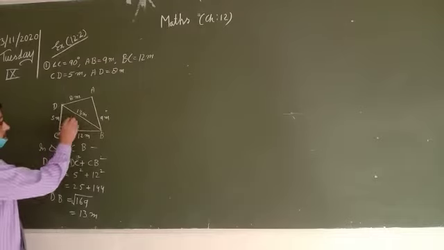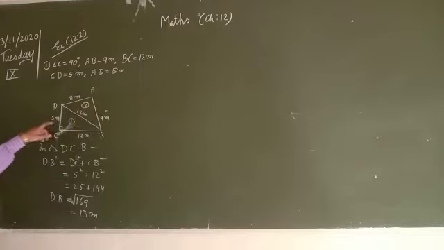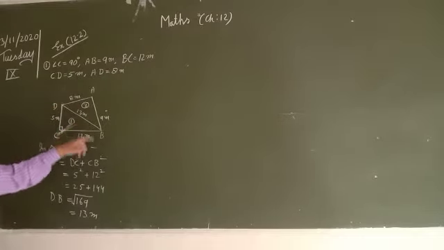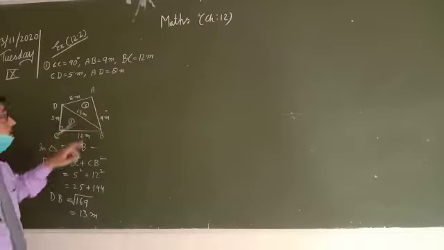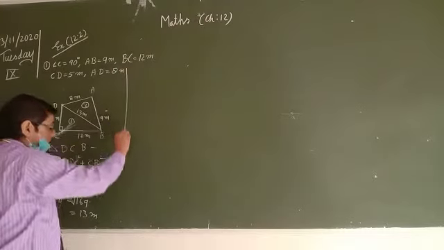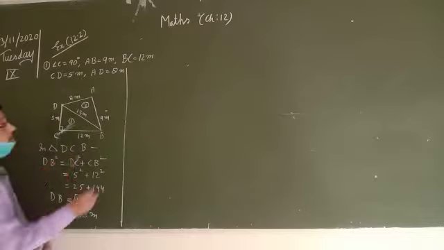Now this one is the first triangle and this is the second triangle. The first triangle is a right angle triangle, so you can use half base into height. But the other one, with sides 8 meters, 9 meters and 13 meters, is a scalene triangle. So which formula will you use? Heron's formula. Okay.